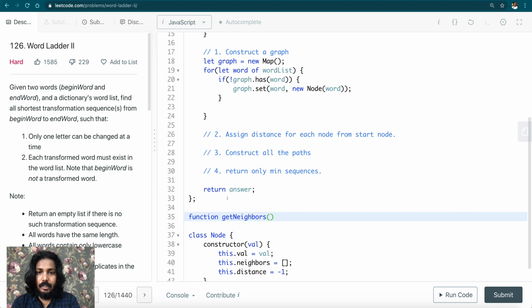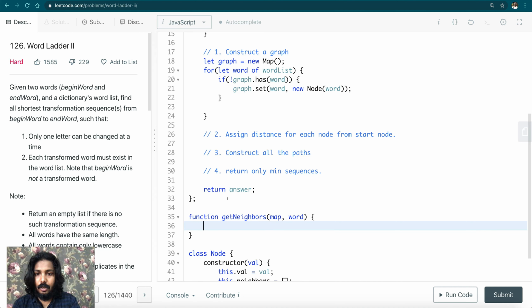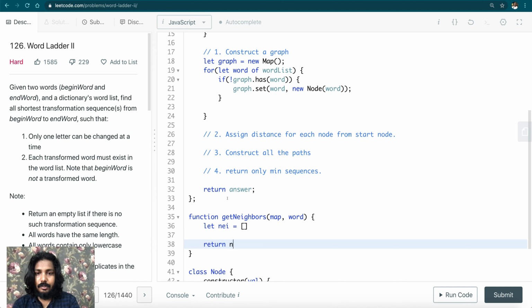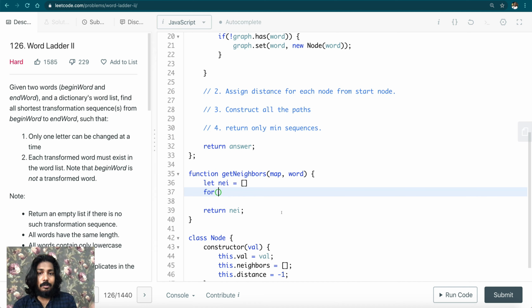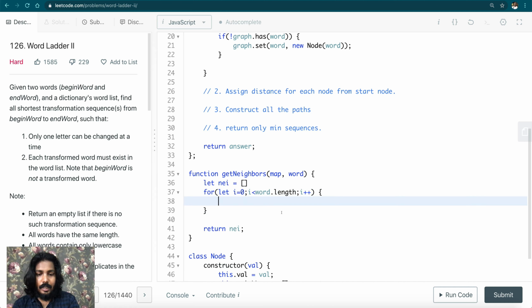Get neighbors. We just have the lookup word list, because when we generate a new word, we just have to look up whether this word is available in the word list or not. Okay, return or let neighbor equal to the array. We just have to return. We just have to generate a substring by changing one character. So we have to traverse for each. So let I equal to 0 and word dot length I plus plus, and let adjacent word equal to word